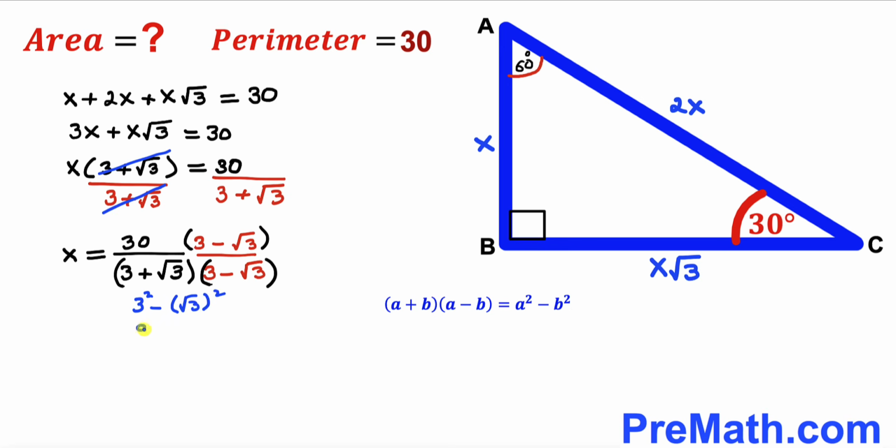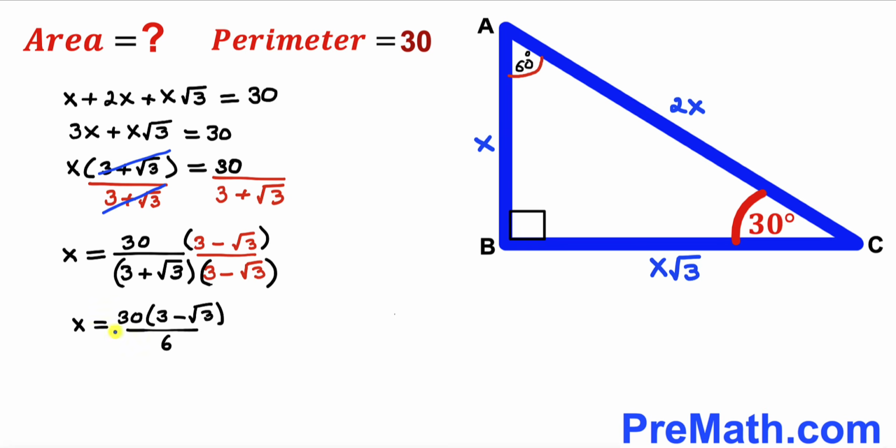So that's going to give us 9 minus 3. That is going to be equal to 6. So therefore this denominator is simplified to simply 6. So therefore we can write x equals 30 times (3 minus the square root of 3) divided by 6,